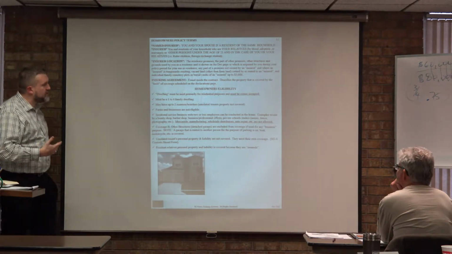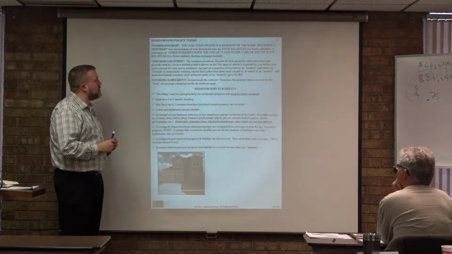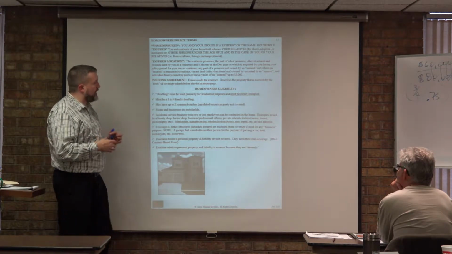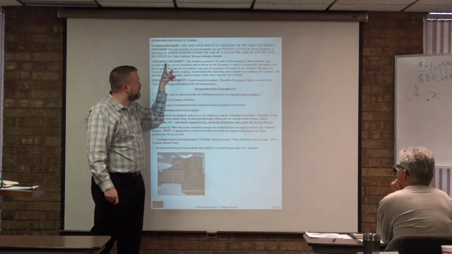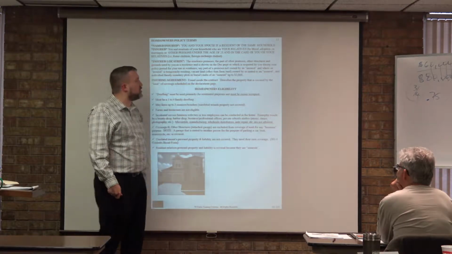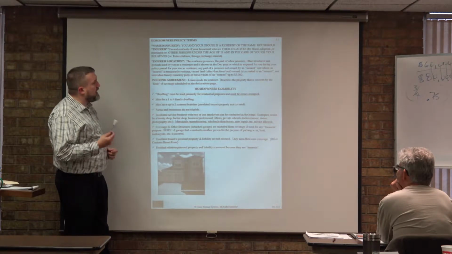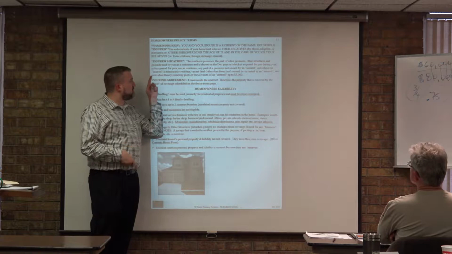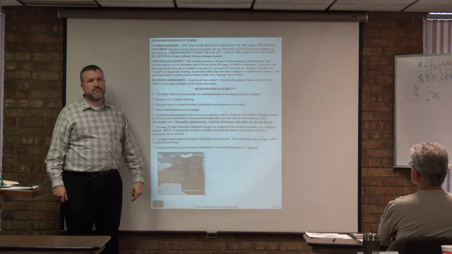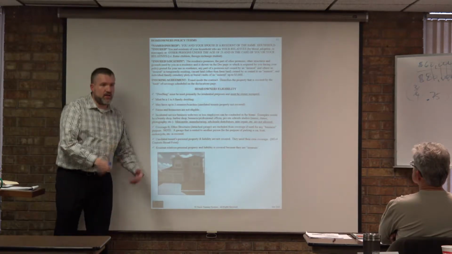The insured location: the residence premises, the part of other premises, other structures and grounds used by you as a resident, and is shown on your deck page. Of course, remember what the deck page is. It's personalizing your policy, so anything you have already listed there, or which is acquired by you during your policy period for use as your residence. Any part of a premises that's not owned by an insured, and where an insured is temporarily residing, so you don't have to own it in order to be covered at that location.